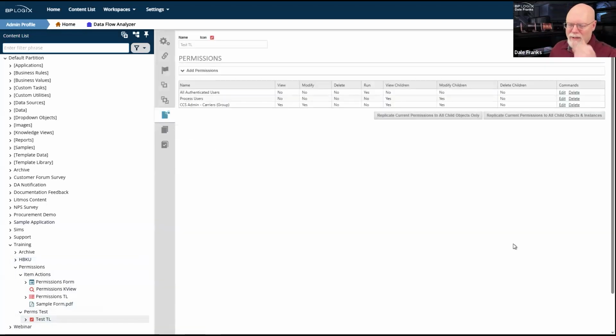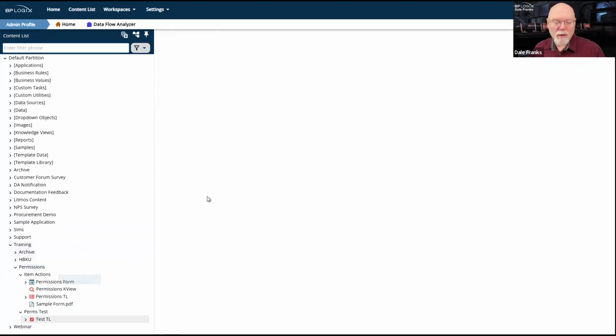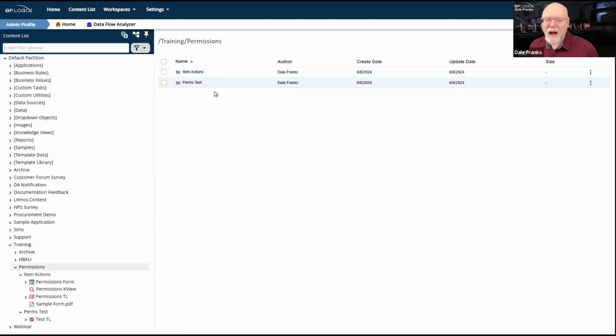Not sure why the system wasn't responding there for a second, but these are the permissions of this process timeline definition, and of course, these are the permissions that were inherited for that timeline definition. Now, I do want you to notice that when I set the items on my permissions folder, there was already a pre-existing folder in here called item actions.